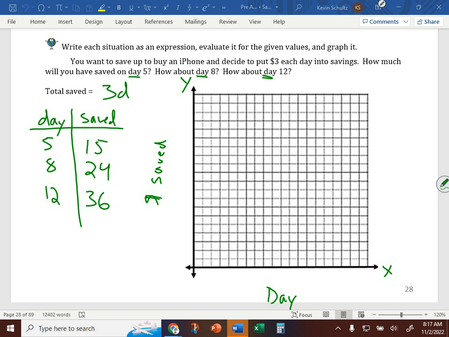Talking about the x-axis, the number of days, we would want to count by ones there because that's increasing by 1. The y-axis, we want to count by threes because that's increasing by threes. If we counted by ones, on day 12 we're already up at 36. We'd run out of spaces. So let's count our x-axis by ones. You might have to squeeze your values in there to make them fit, or if you want to write every other,